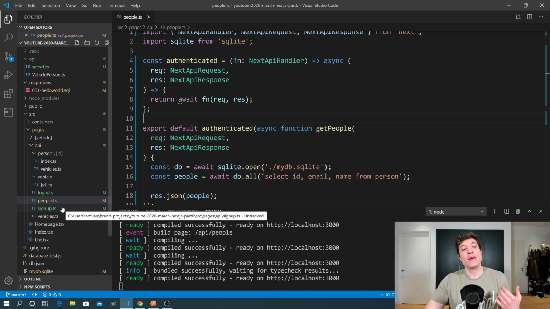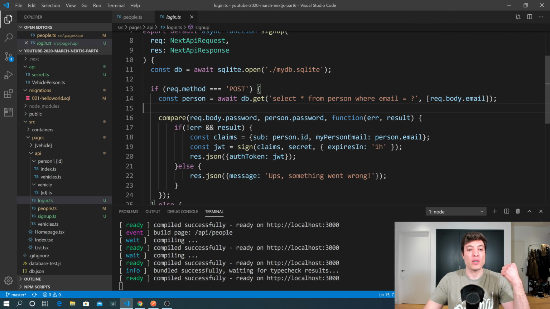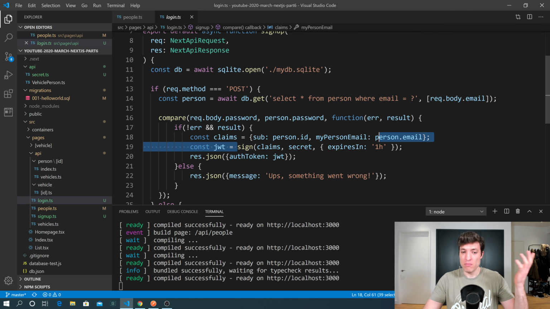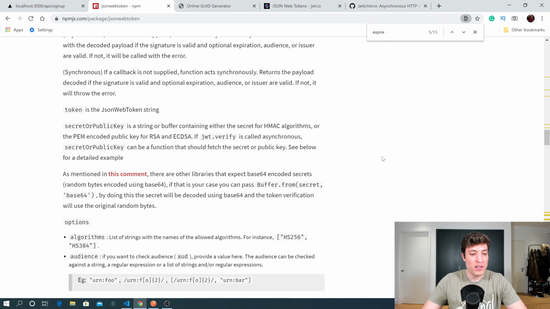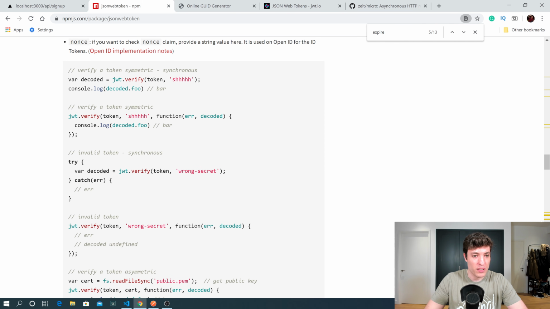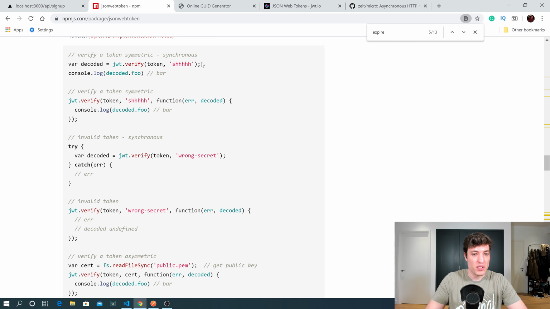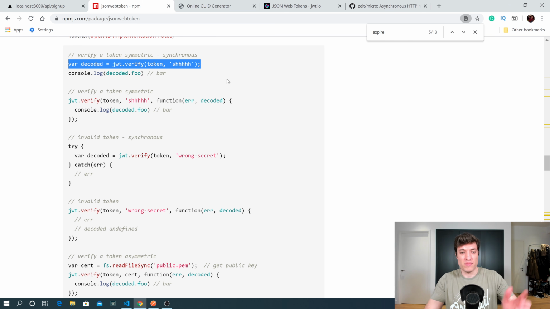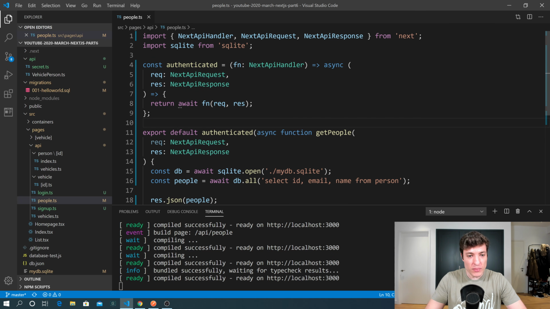We can just check the way in the login that we are exporting it. So we are literally signing it, and that's it. We can read it as well. So if we go to the JSON Web Token, apart from signing, there is a way for us to verify that token. So let's do the verification of that token. And which one do they recommend? They have quite a few. We can use this one for now because it's just the first one, right? So let's just use that one and go to people, close this login, go to people, and let's just make